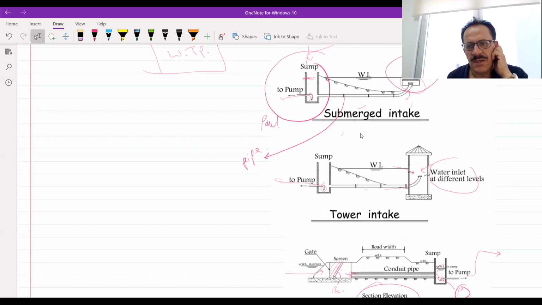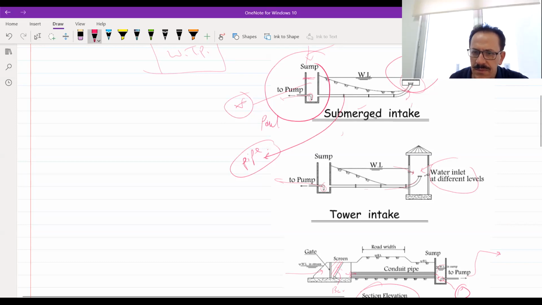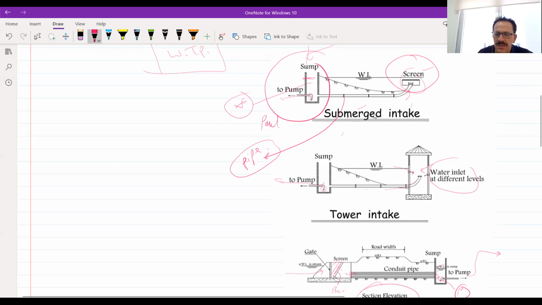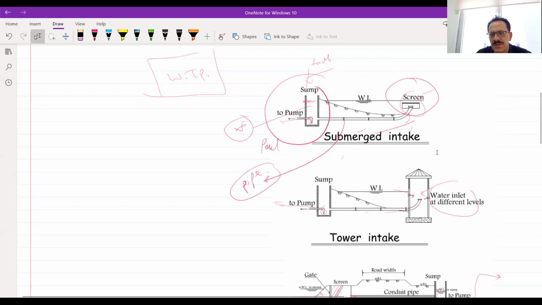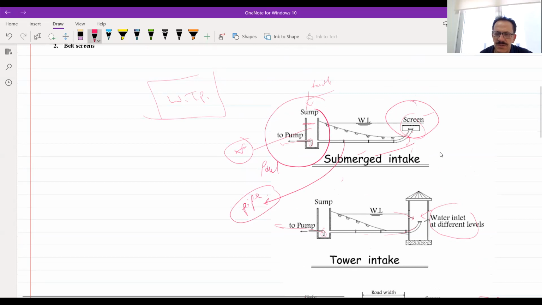The screens, we know how to define them, but we should know how many pipes should be laid in this part, and what the volume of this tank is. Now we have some key design points. We should take care of them, and then start solving the design problems. As a designer, you have to take care that this kind of structure, or the sump intake, will be based on the demand of water. I mean by that, the capacity of the water treatment plant that we will have.